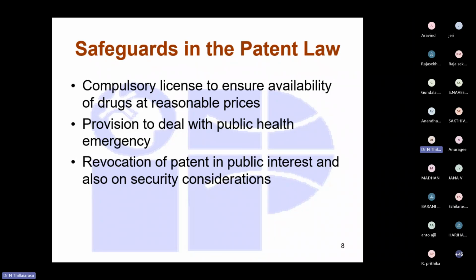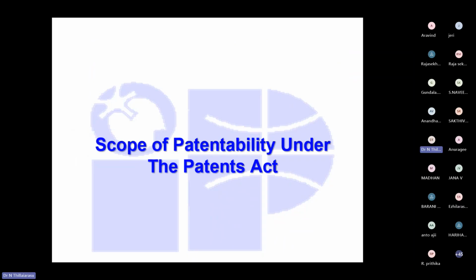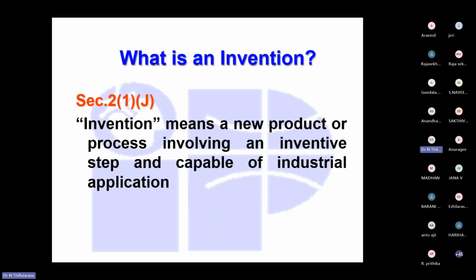The scope of patentability under the Patent Act: I'll tell you what we are supposed to invent and what we are not supposed to invent. So here I'll tell you exactly what a patent is. Okay, the enforcing of IP rights in India, exploring the legal options. These legal options are available in IP rights to enforce the right in case of infringements.